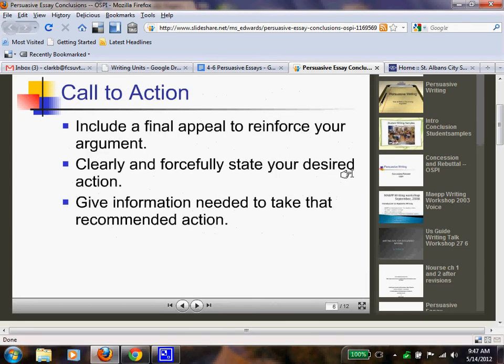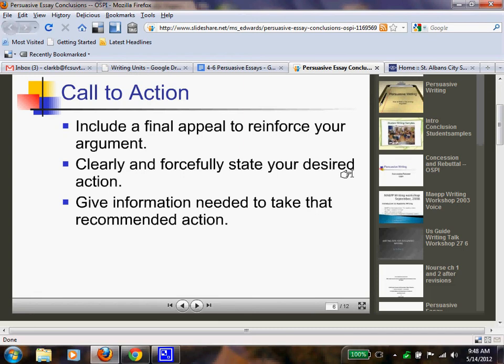Moving on. Now we're going to talk about ways in which you could write a conclusion for a call to action. Pay attention to these and take little notes, look at your section, because when you come into class, you're going to attempt all 3 of these conclusions to see which one would best suit your persuasive argument. Okay, so while we're doing this, take little notes, use your graphic organizer, and write down some ideas that you might have. So after I finish the call to action, push pause and then go and write some